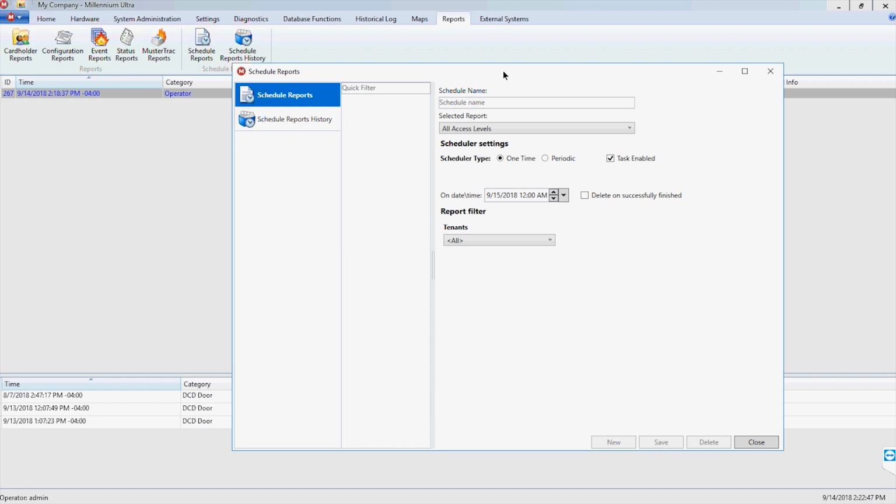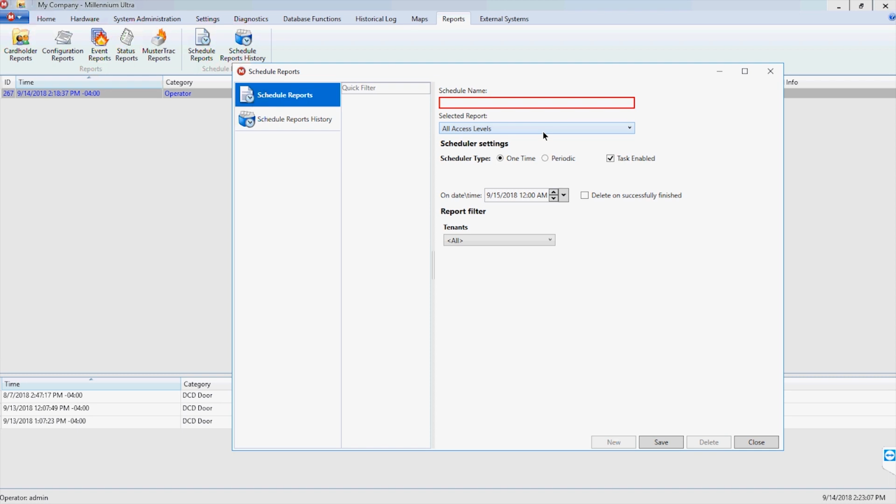Just to give you a heads up, Millennium Expert 5.0 and Enterprise has been end of life, but we do have complete upgrade packages to this version of the software, saving all of your current information. We can use it in the new software just fine. However, answering your question now about the schedule reports,